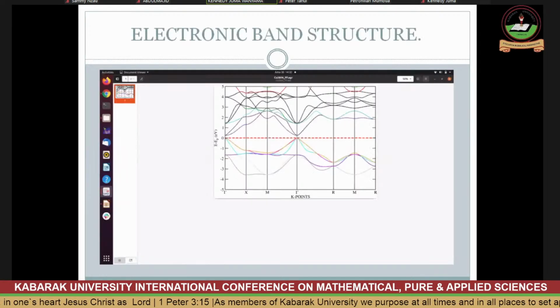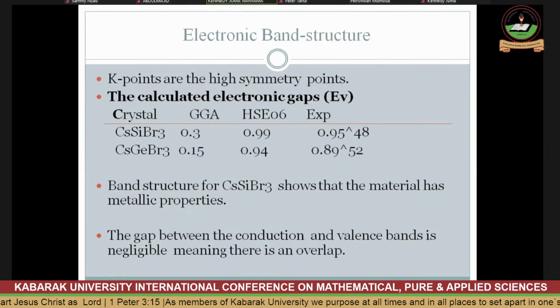Now, when you look at the electronic band structure, I used the Fermi energy and the K points. The K points are simply the high symmetry points. So the calculated electronic gaps are as shown from the GGA, the HSE, and the experimental data. When you look at this, the values from the GGA and the HSE are not very far from the